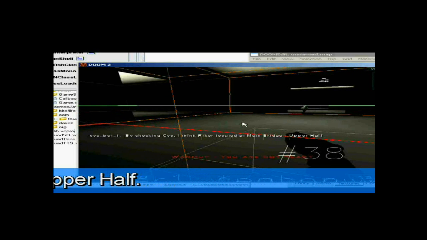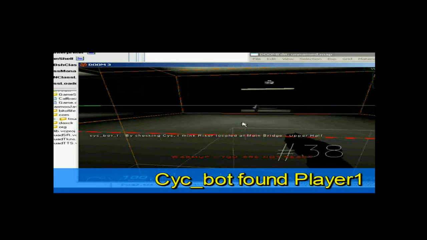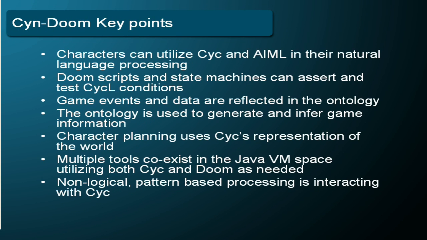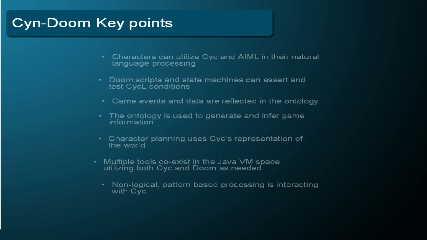The PsychBot is finally at the room where the player is located. The key feature of CynD was integrating Psych at multiple levels of an existing complex system, including reflecting character conditions in the KB for generating character responses, and generating elements of the environment based on separate elements of the Psych KB, something that Psych's micro-theory and context systems allow.